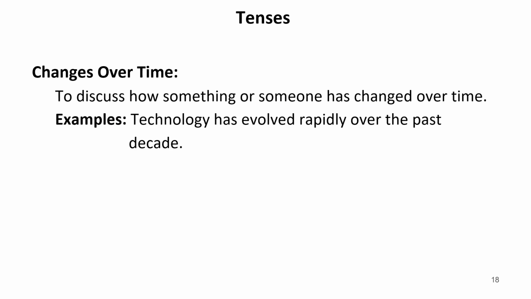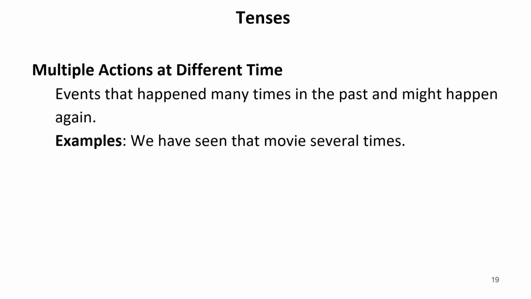Changes over time. We use it to discuss how something or someone has changed over time. Technology has evolved rapidly over the past decade. So technology has changed. So it should also be written in present perfect tense. Multiple actions at different times. We have seen that movie several times. Also, if we write "it is for the second time"